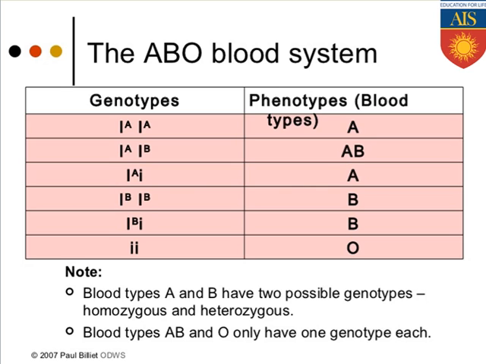So these are the genotypes on the left hand side, and these are the phenotypes which can come on the right hand side. Keep it in your mind, the blood types A and B have 2 possible genotypes, homozygous and heterozygous conditions, as I have already told. Blood types AB and O have only 1 genotype each: for AB, IAIB, and for O, IOIO. But for A blood group and B blood group, 2 genotypes are present. For A blood group, IAIA and IAIO. For B blood group, IBIB and IBIO. That means they can be homozygous dominant and heterozygous dominant. So up to this ABO blood grouping mechanism, the multiple allele concept is finished.